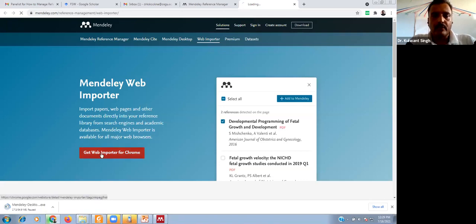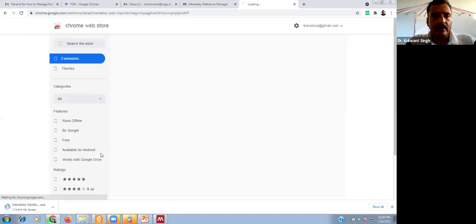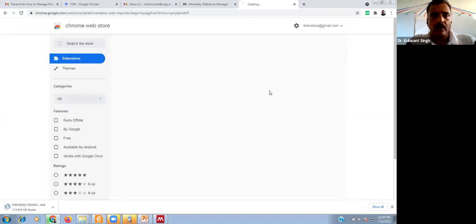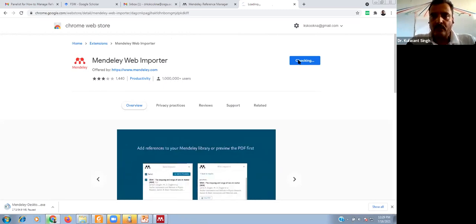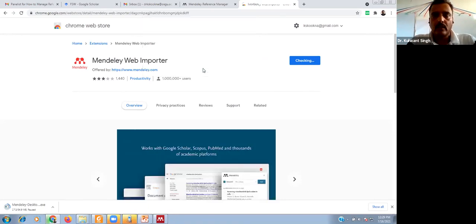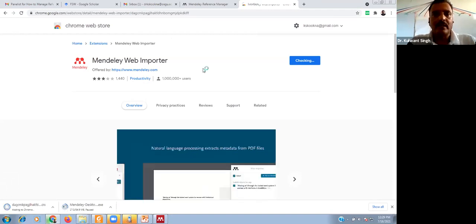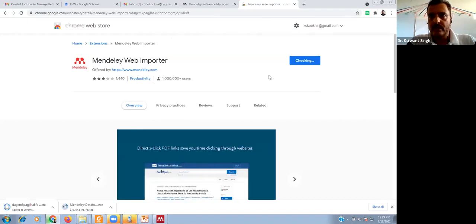Get the web importer for Chrome. Just click here and the extension for the Mendeley web importer is added to the browser. It will help us directly add a document from the web search to the Mendeley desktop. It will automatically add the document to our library. We will do the practice.